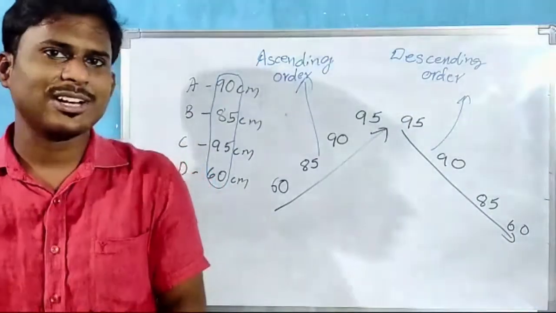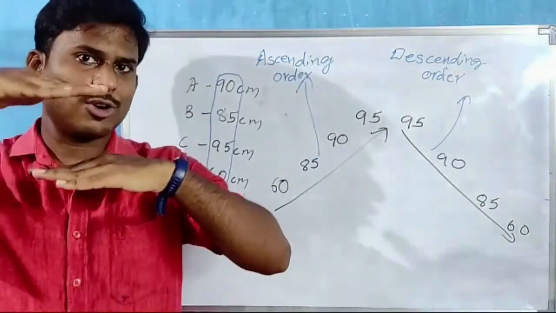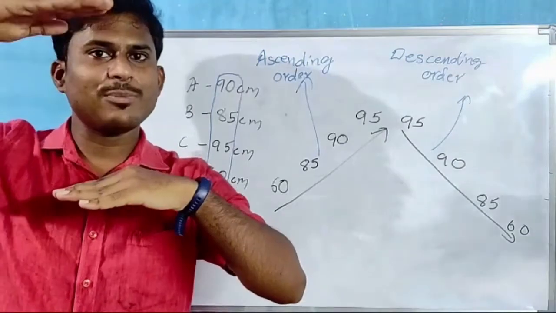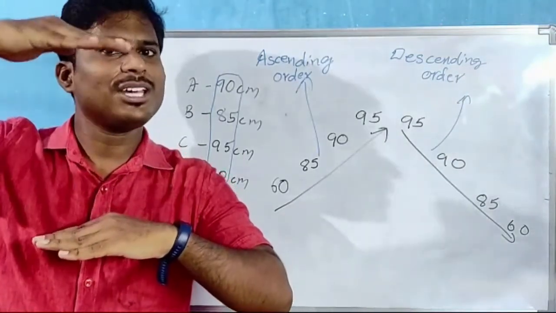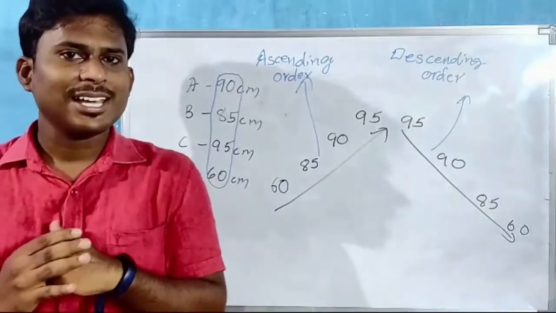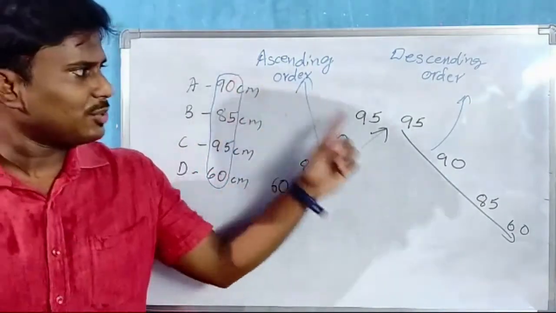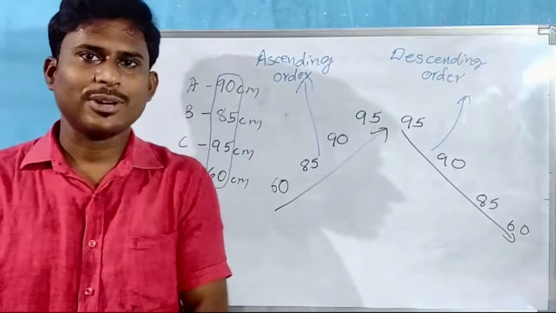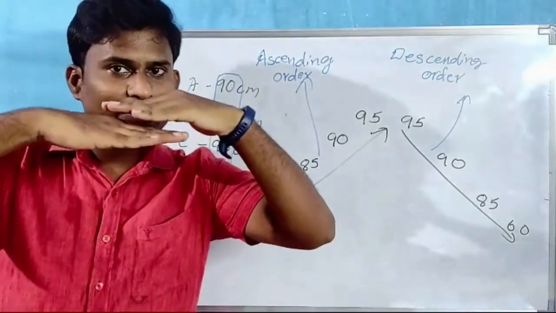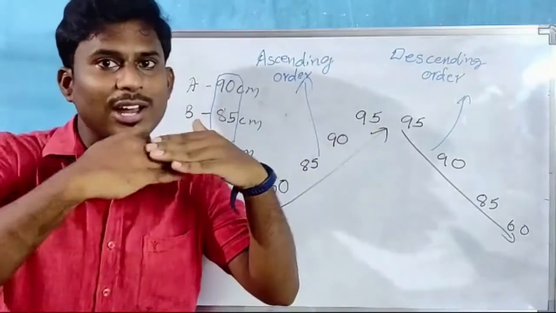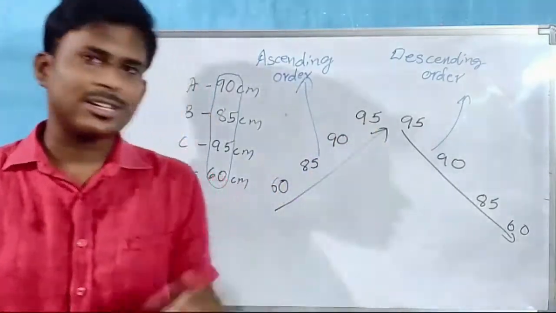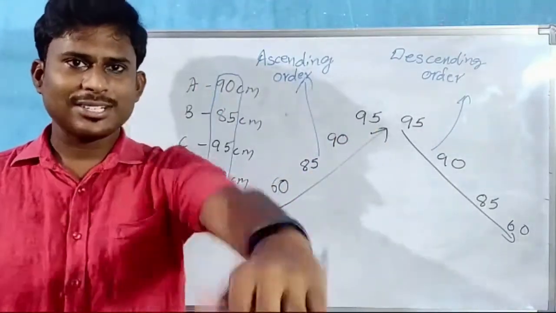Here what is happening, children? We are increasing the order, okay? Small number to bigger number, we are climbing up like this. See, like 1, 2, 3, 4, 5. See, the numbers are increasing. Now see, decreasing. Keep the left hand and right hand below, because we are decreasing. We were climbing up. Now we are coming down. See, like coming down. Now let us sing.